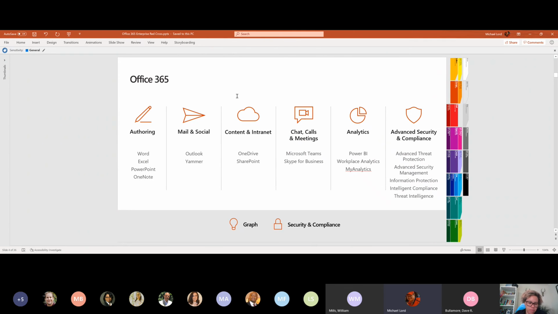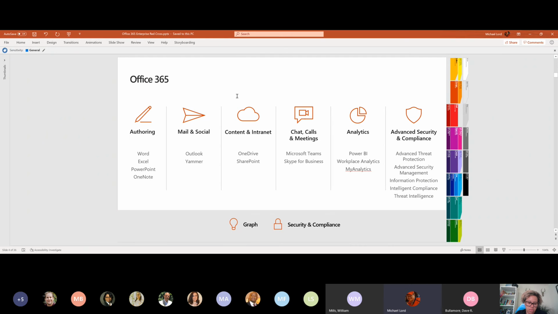Now, when we get into Office 365 specifically, we have a series of tools that are built together around our traditional authoring tools, our Word, our Office, our email, our content and intranet management, where you talk about SharePoint and OneDrive, which includes external sharing, actually. We also get into our next generation of communication platform with Microsoft Teams, our voice. We get into analytics like Power BI and Workplace Analytics, My Analytics. How do I make my organization or myself more effective?